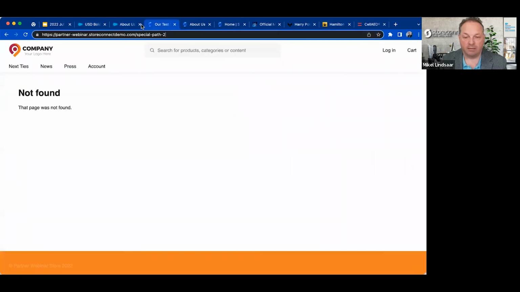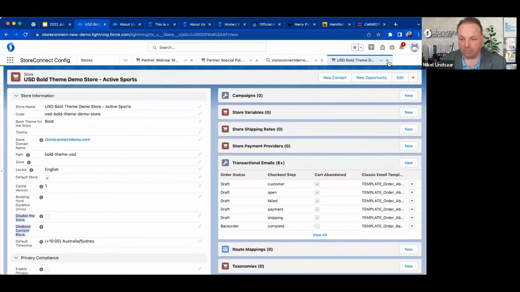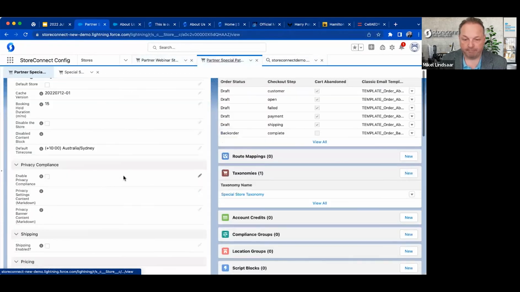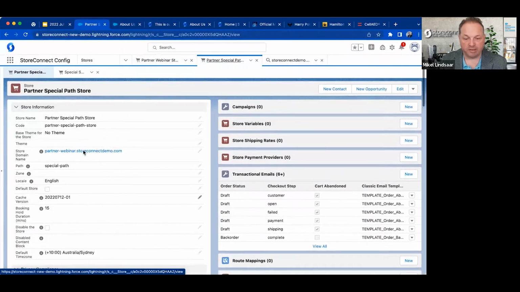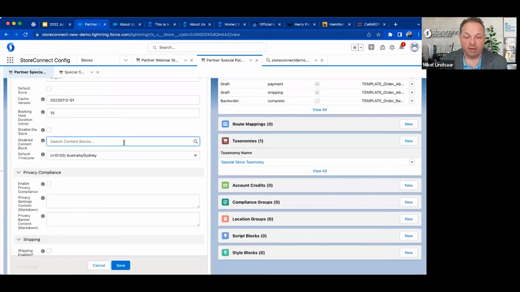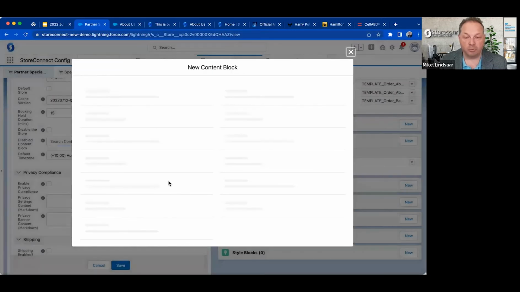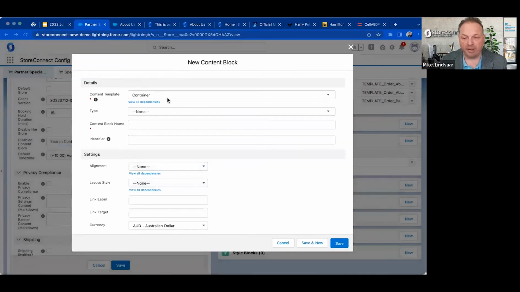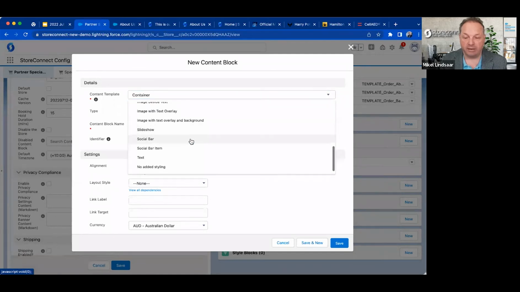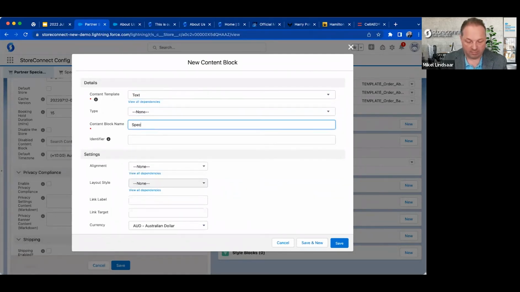So we've got our special path store. There we are, good, that's running. Here we are, special path store. So we're going to create a content block. Now, when you're creating these, if you just create a simple content block, I prepared some text, but just choose a text content block here for a simple special path